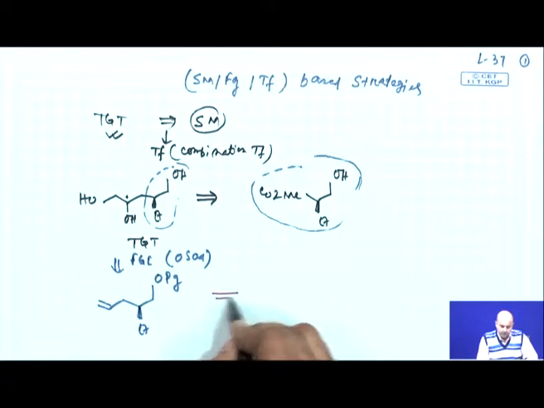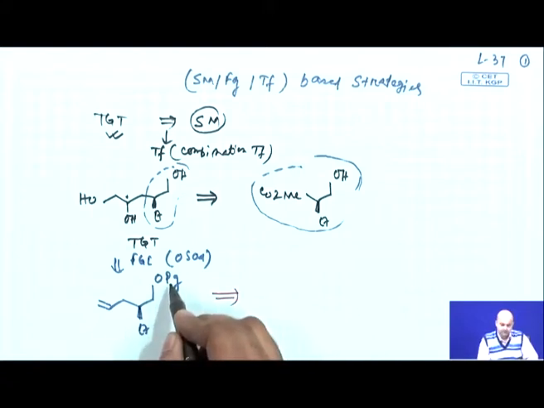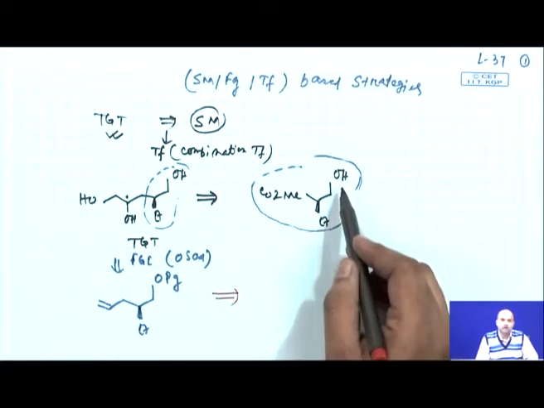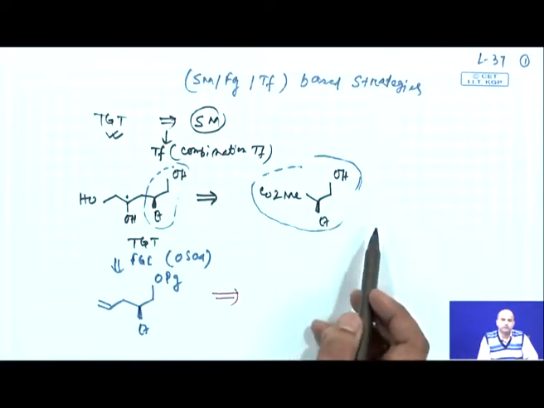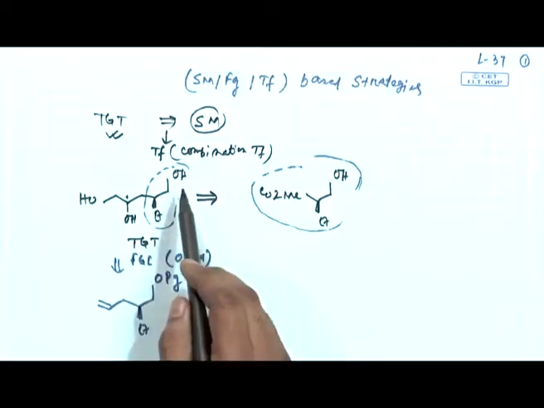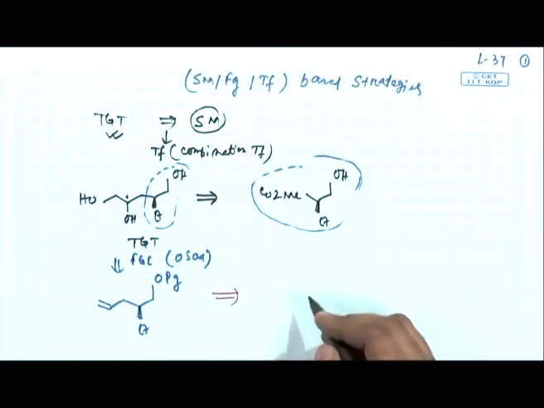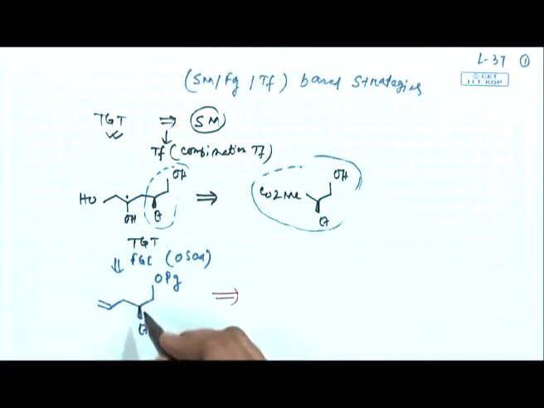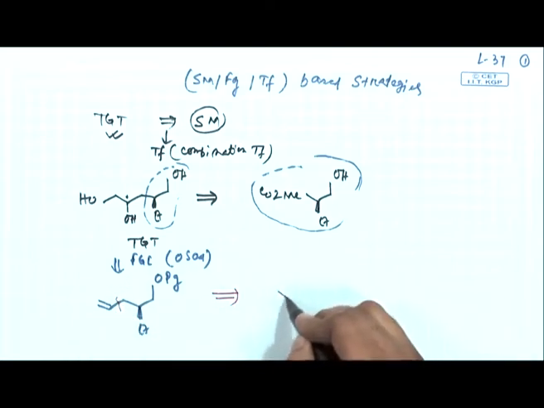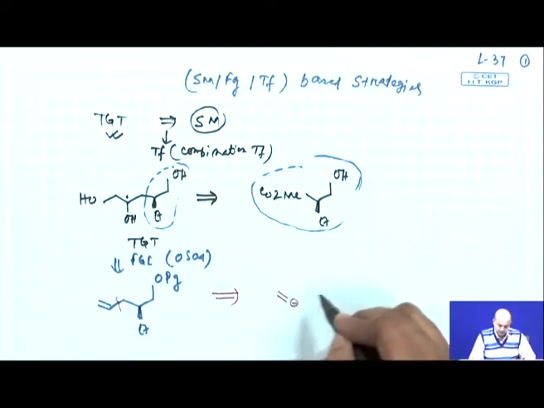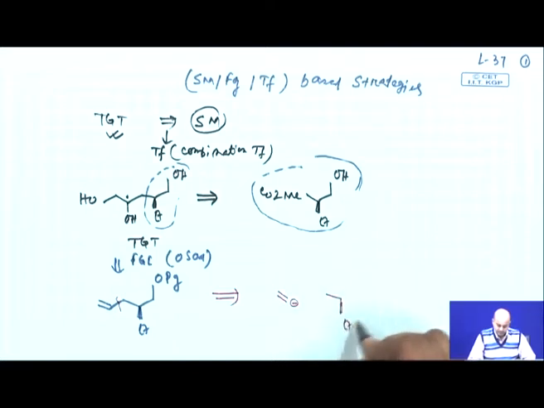And now, why did we put a protecting group here? The initial starting material has a hydroxy group. So, as we will be experiencing a multi-step synthesis, it is always advisable that the starting material hydroxy group you first protect, that is why you put a PG here. Okay. Now, we will again disconnect the molecule, and now we will be doing a disconnection here, and this disconnection basically will give you an intermediate something like this.